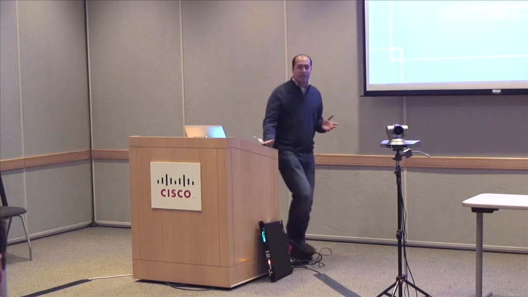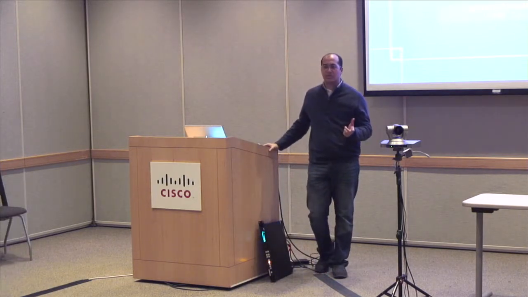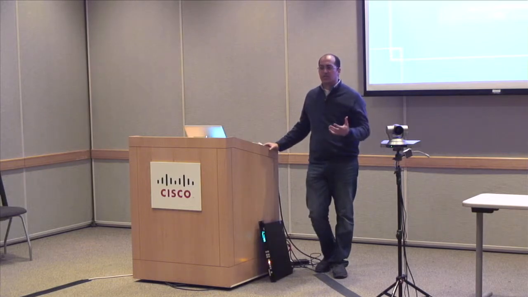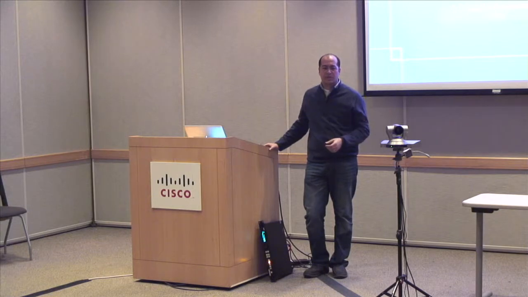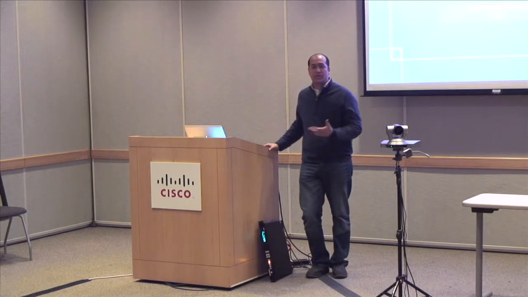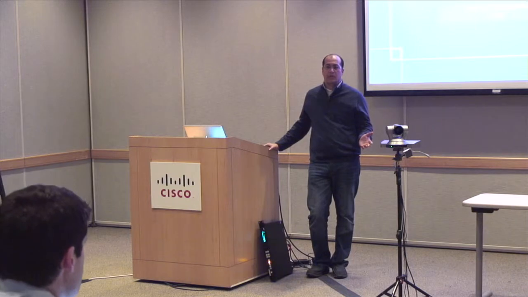We don't have feature parity, but we have a very close gap between the features on Nexus 7K and the ASR 1000. So it depends on the customer and what they plan to do. Something like adjacent server was the main request that came from customers. They don't want to rely on a multicast core. They want to switch to a unicast core. They actually don't want to have any dependency on the service provider. So adjacent server